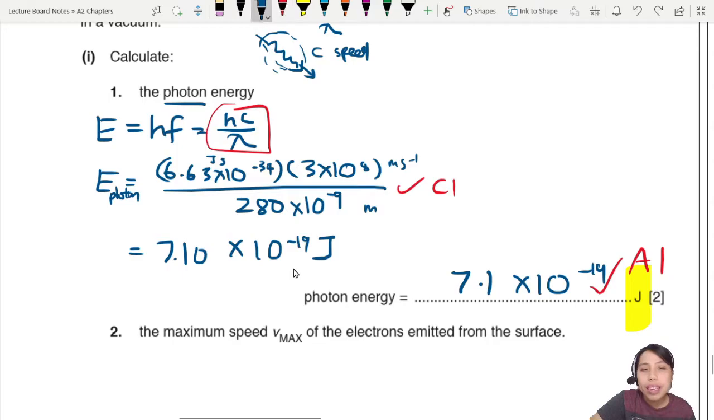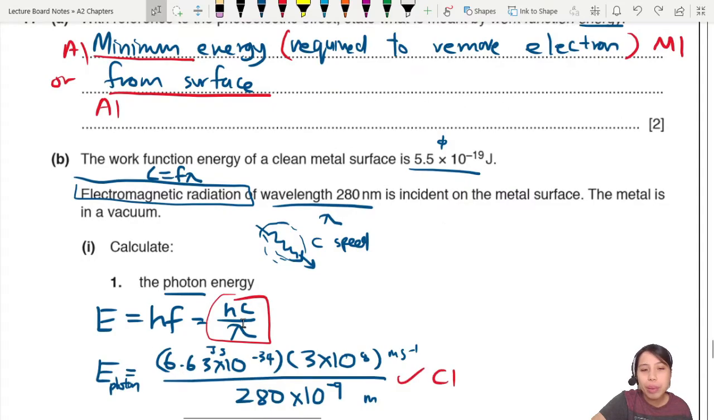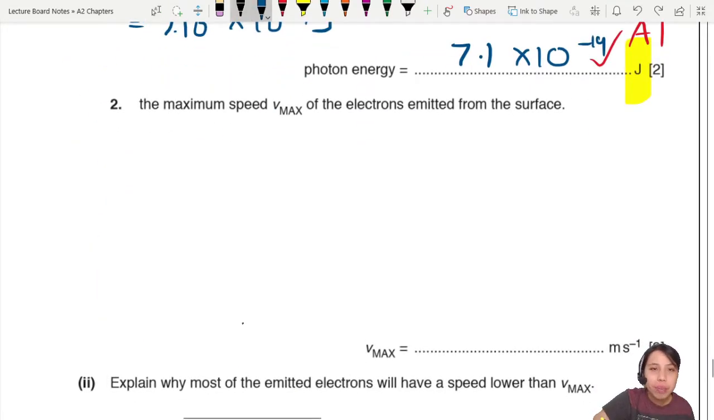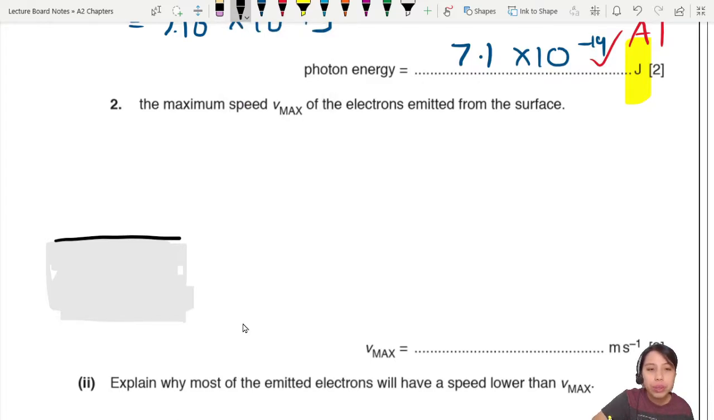Okay, the next one. Calculate the maximum speed of the electrons emitted from the surface. How to find maximum speed of electron emitted? So we know work function. We know photon comes in how much. So that means you have a metal here, let's color this metal gray. Okay, in the metal there are many layers of electrons, but the electron that has the maximum energy will be the one closest to the surface, like this one, because if the work function is